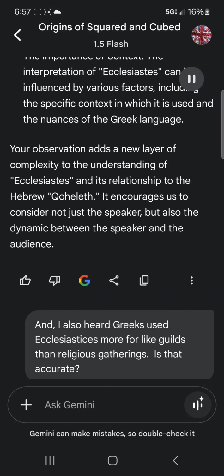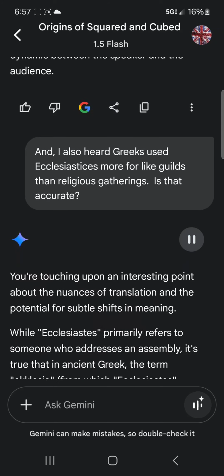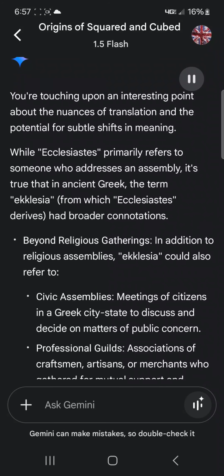Your observation adds a new layer of complexity to the understanding of Ecclesiastes and its relationship to the Hebrew koheleth. It encourages us to consider not just the speaker, but also the dynamic between the speaker and the audience. And I also heard Greeks used Ecclesiastes more for like guilds rather than religious gatherings. Is that accurate? You're touching upon an interesting point about the nuances of translation and the potential for subtle shifts